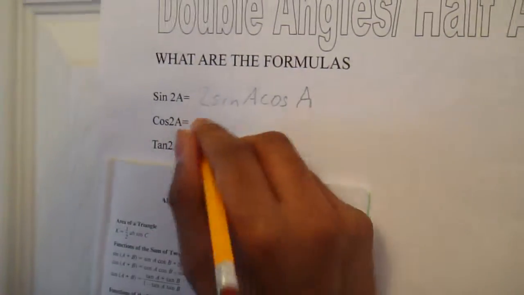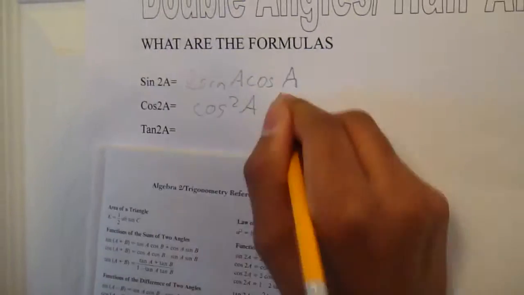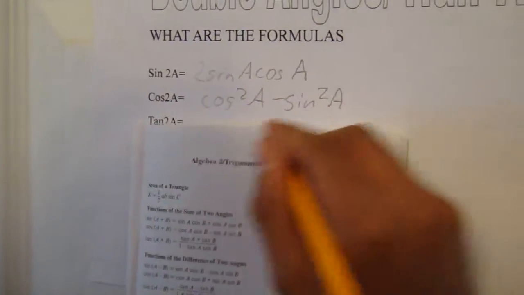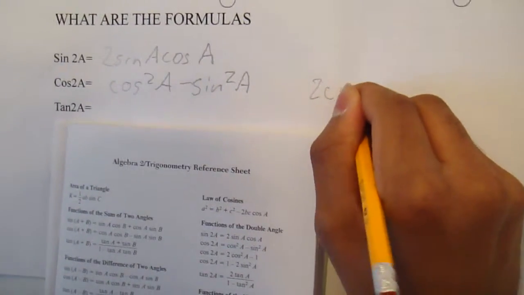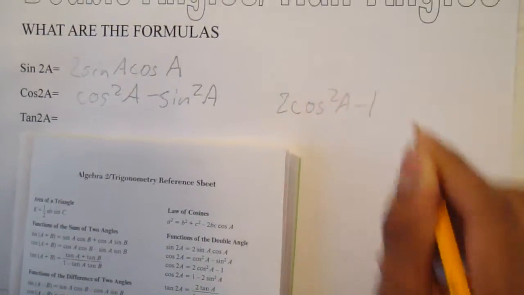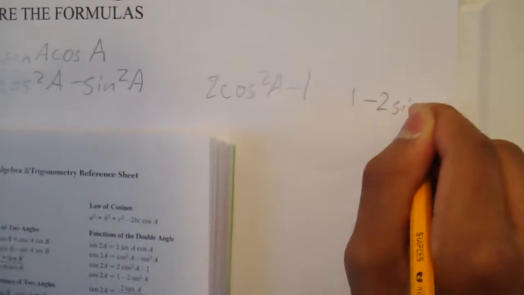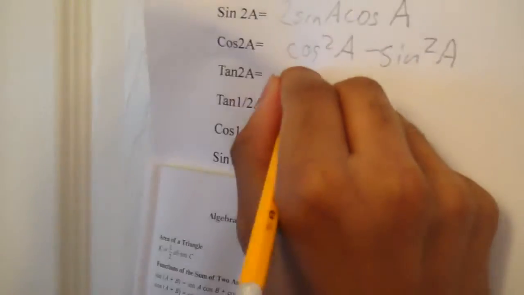Cos squared A minus sine squared A. That's one of them. The second one is 2 cos squared A minus 1. And the third one is 1 minus 2 sine squared A. Okay, back to the book. Tan 2A is 2 tan A